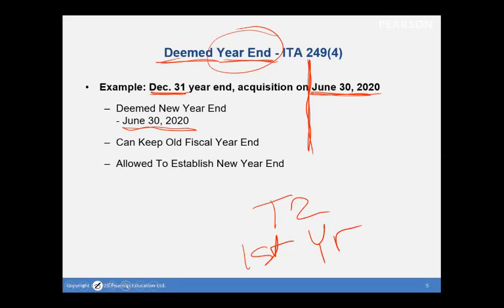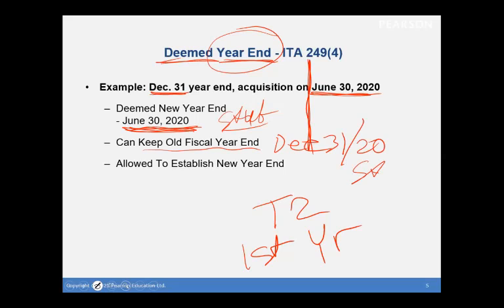With this said, you can still keep the old fiscal year. It's just that you're going to have a cutoff, a June 30th, a little of what we'd call a stub year. And then you could go right back to December 31st for the next year, right? You could go December 31st for 2020 and have a second stub year, if that's how you wanted to do it, or you could just continue on with a June 30th year end.